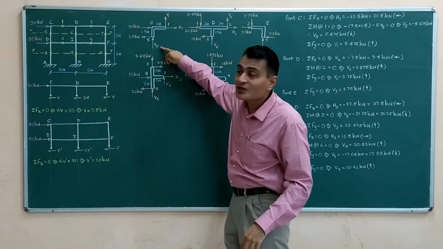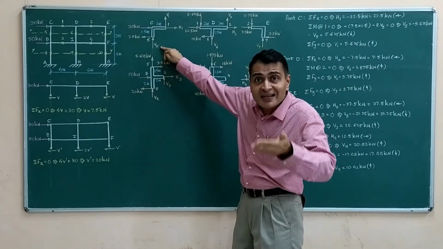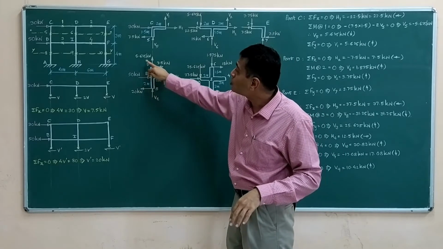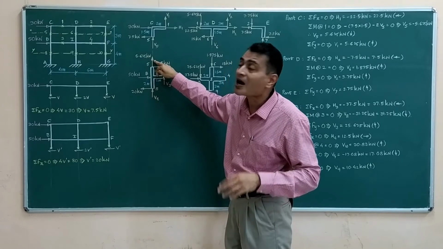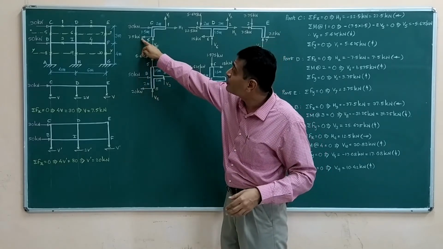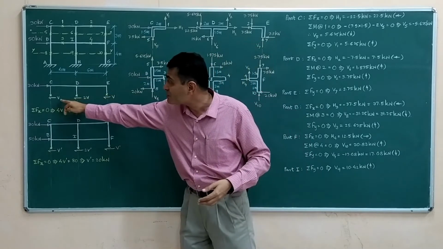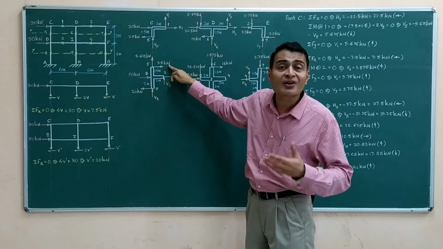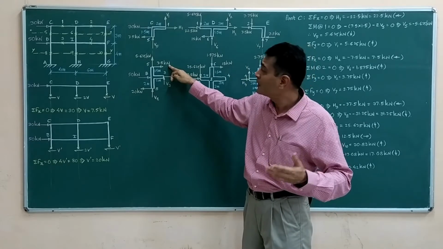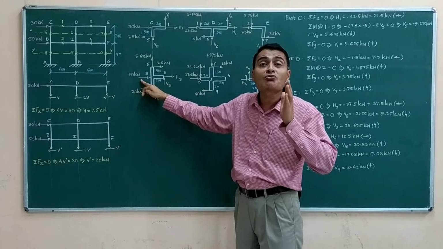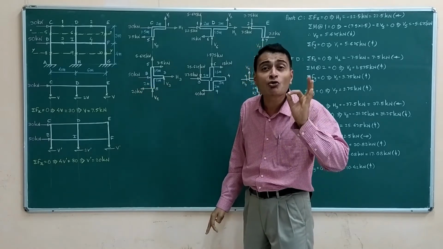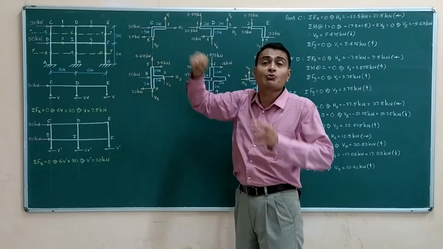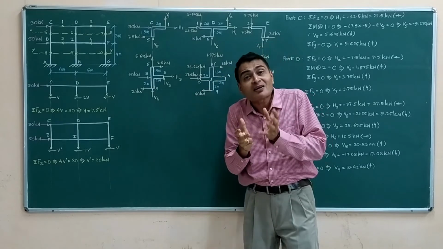Observe this FBD carefully. V5, we have found that V5 is 5.625 kilonewtons downwards. If this is 5.625 kilonewtons downwards, its counterpart at the same connection, joint 5, I am showing 5.625 kilonewtons upwards. If this is 7.5 kilonewtons leftwards as found here, equal and opposite 7.5 kilonewtons rightwards I am showing here. This 50 kilonewtons, please do not forget, you are most likely to forget this 50 kilonewtons. This you won't forget because this is the drawing with which you start.